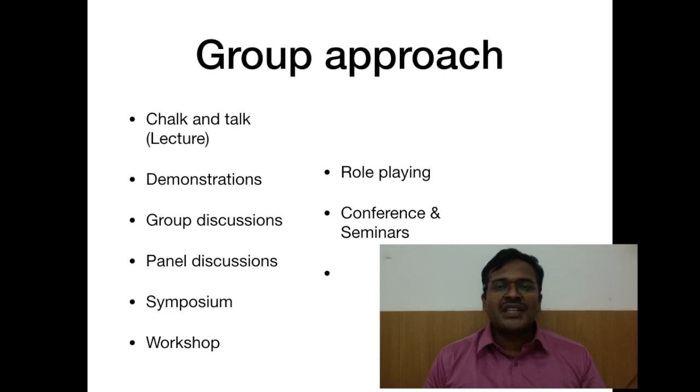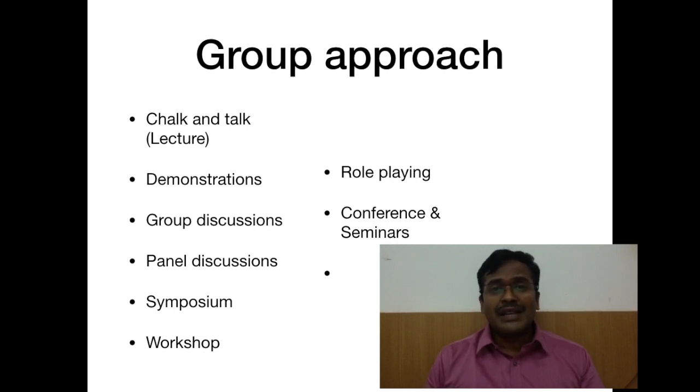Group discussions. A group should contain 6 to 12 people. In a group discussion, there will always be a group leader who will be directing the communication. He will avoid unnecessary distractions. He will see that the discussion goes in the planned way. And there will be a recorder who will record the proceedings. Each and everything which is being discussed will be recorded. So there will be a group leader, a recorder, and a group will consist of 6 to